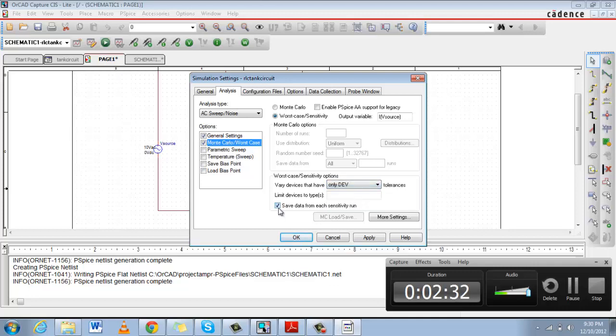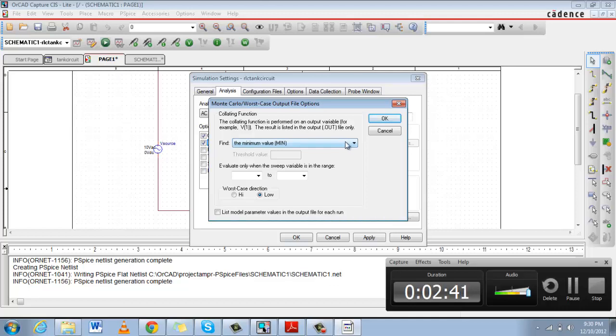And you have to save data from each sensitivity run, because using that data there would be one final worst case run. Go to the more settings and select the minimum. I have selected the minimum value, which selects the minimum current from all the sensitivity runs of each curve. And while doing the minimum value, set the worst case direction as low.